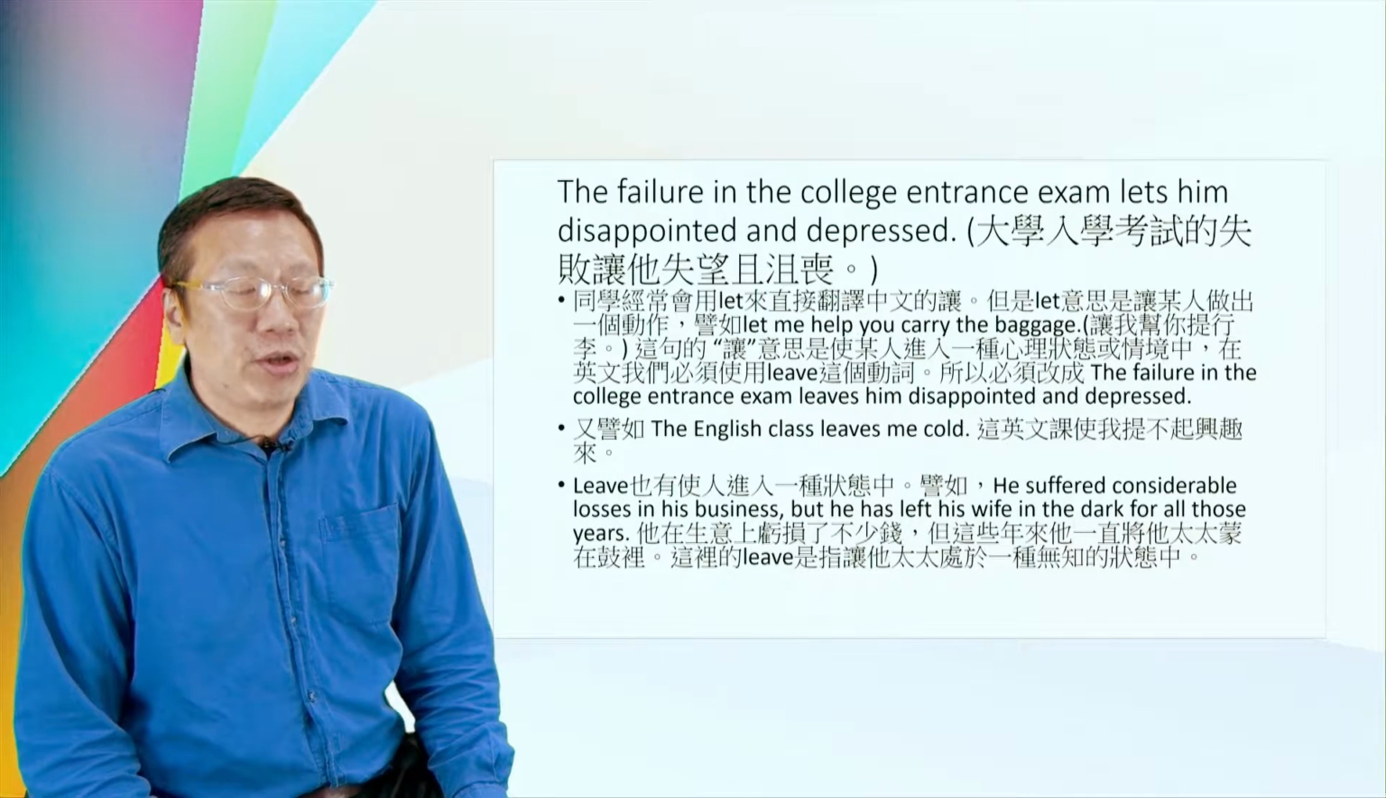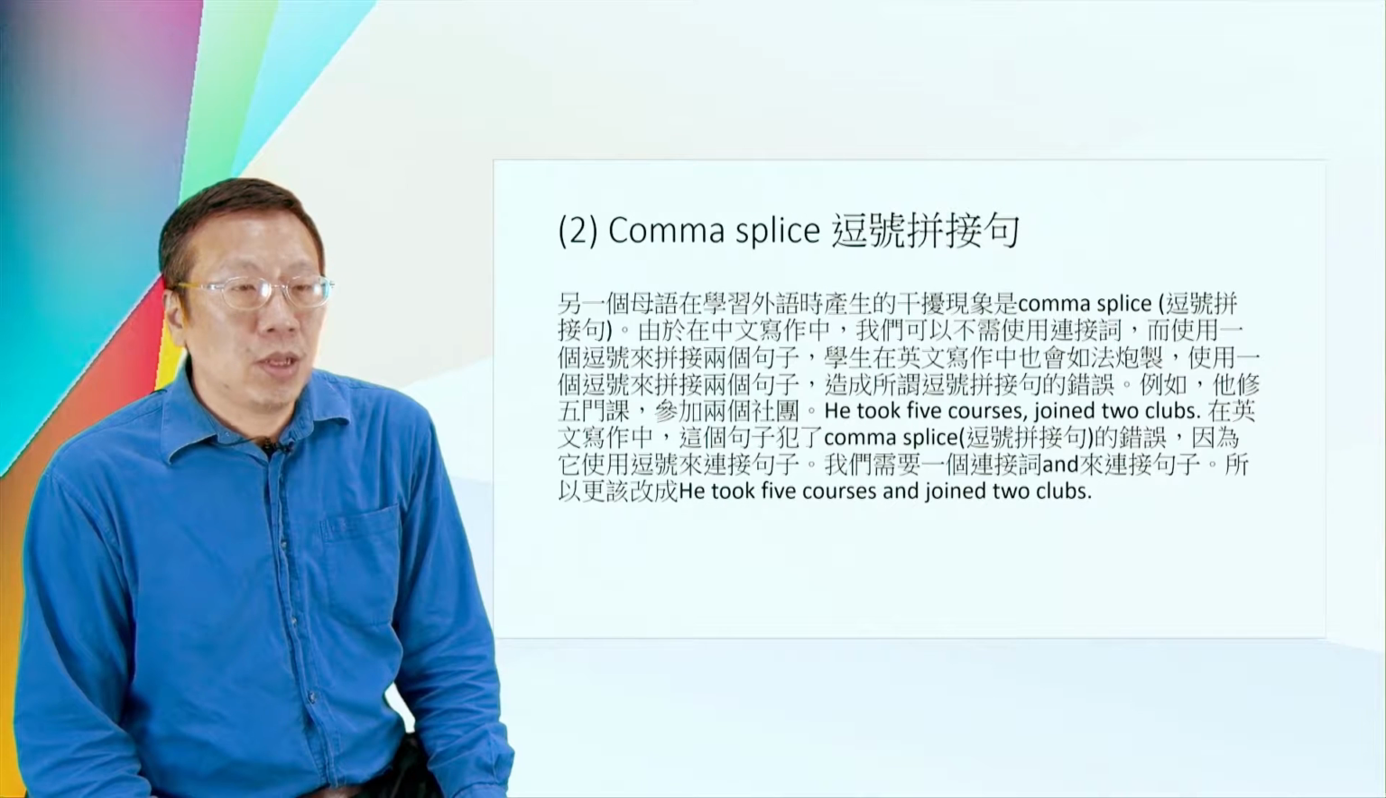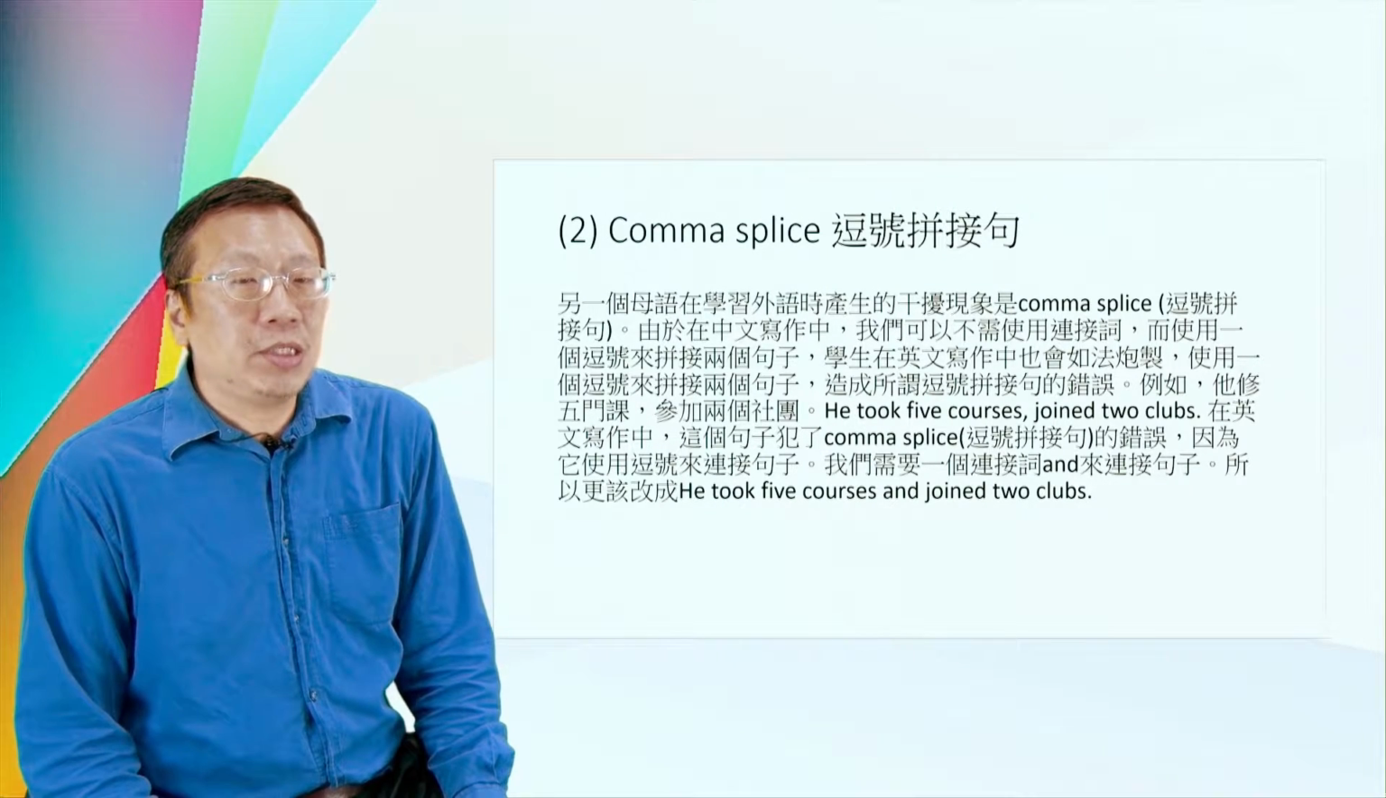Leave 也有使人进入一种状态的意思，譬如 He suffered considerable losses in his business, but he has left his wife in the dark for all those years。他在生意上亏损了不少钱，但这些年来他一直将他太太蒙在鼓里。这里的 leave 是指让他太太处于一种无知的状态中。第二，comma splice 逗号拼接句。另一个母语在学习外语时产生的干扰现象是 comma splice 逗号拼接句。由于在中文写作中，我们可以不需要使用连接词，而使用一个逗号来拼接两个句子。学生在英文写作中也会如法炮制，造成所谓逗号拼接句的错误。例如，他修5门课，参加2个社团。He took 5 courses, joined 2 clubs。